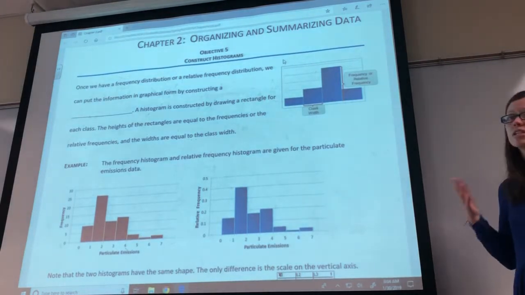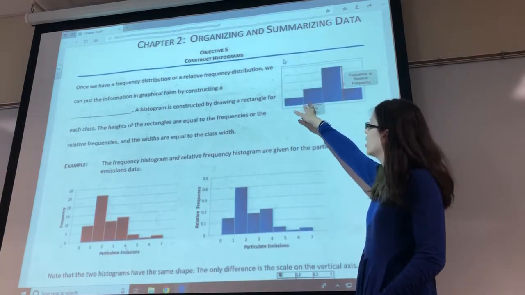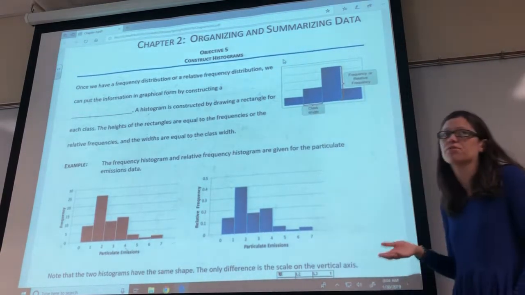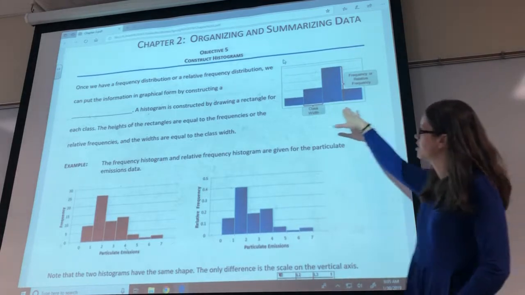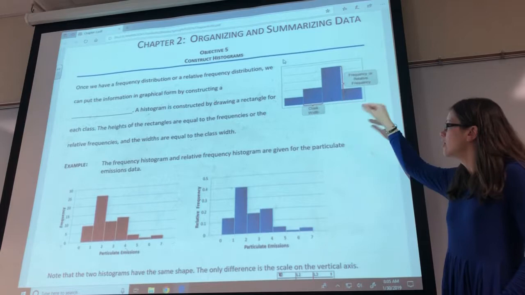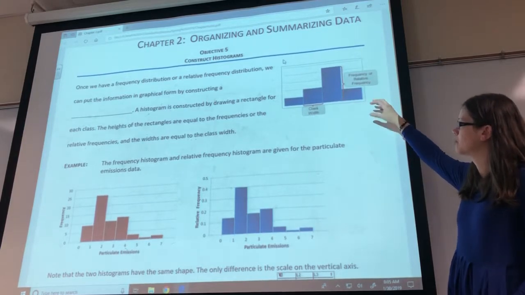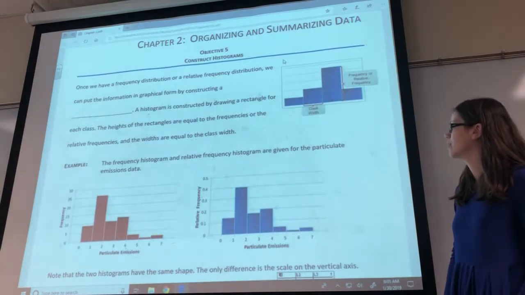When we have these, it's going to look similar to a bar graph. The only difference is these bars are going to be touching. And we had a bar graph for qualitative data, where there was a space in between the bars. But we're still going to have the height be the frequency or the relative frequency, depending on which one we're doing. And then along the x-axis, we're just going to have the possible values that we can have for the quantitative